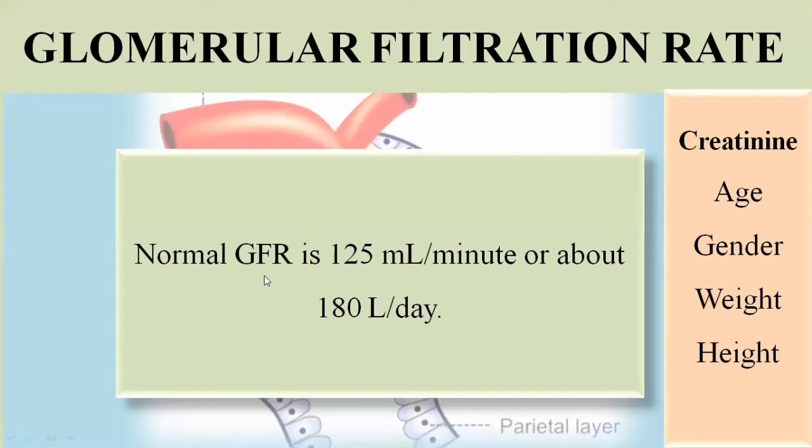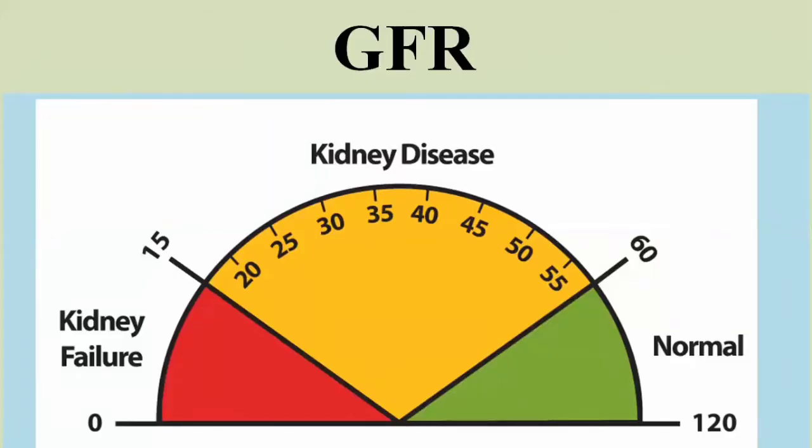Then it will tell you about the condition of the kidneys. So how can you assess the person's kidney health on the basis of the glomerular filtration rate? It will be assessed by the glomerular filtration rate, which is divided into three categories. The normal glomerular filtration rate is 125 milliliters. So it is 60 to 120 milliliters, or below 60 to 15, or below 15. So the GFR values are divided into different categories.